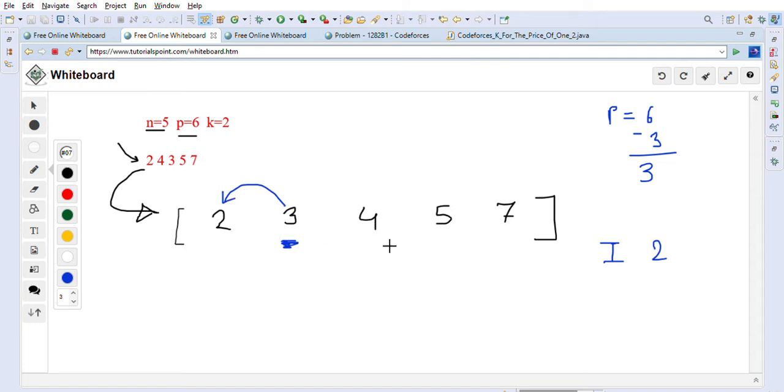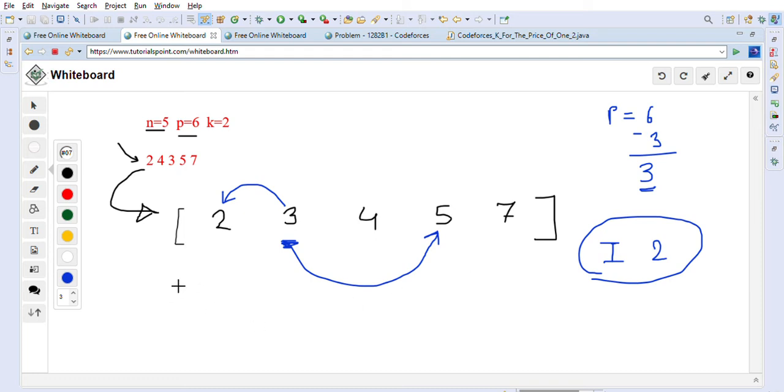After this one is done, we will go from this point to the next point, which is 5, basically we will check, right? And why are we taking the next point as 5? Because we always want to make sure that if we can buy this item with 5, then we will automatically get the 4 free basically, right? So we will always use this alternate thing, right? After 3 is done, we will check with 5. 5 we cannot buy, we have only 3 coins left, so basically we will get a maximum of 2 items, right? If we are starting from 3, we will get a maximum of 2 items.